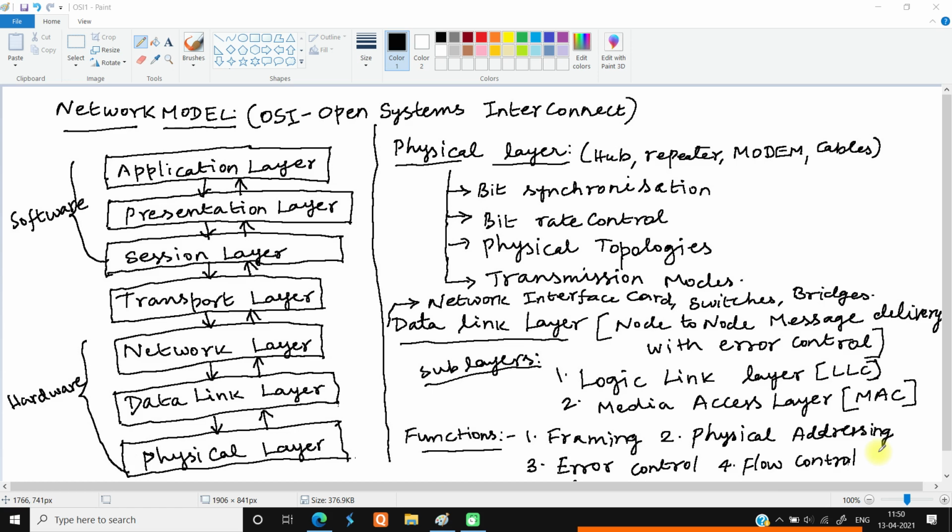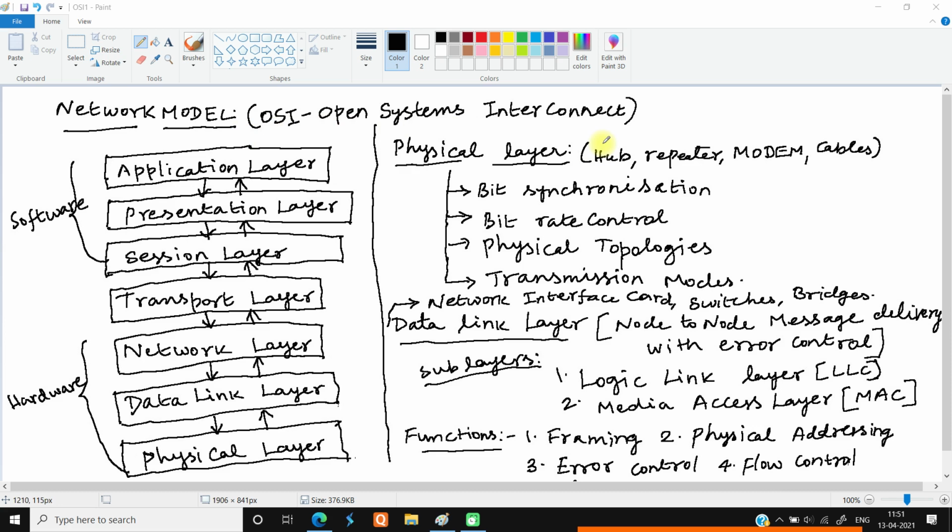That framework of a model, designed in 1984, was the OSI model. The common network model is called the OSI network model. OSI stands for Open Systems Interconnect Model.